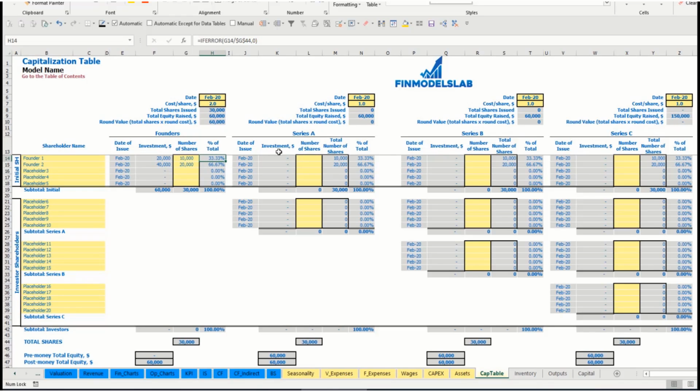67% of shares. So let's pretend that for Series A we have one investor and the date of issuance is May. Cost per share is $5 per share and number of shares is 1,000. So total amount of investment will be $5,000. You may see that before the Series A total equity was $60,000, after $65,000, and investor 1 will have 3.23% of shares, and the shares of founder 1 and founder 2 are also diluted,